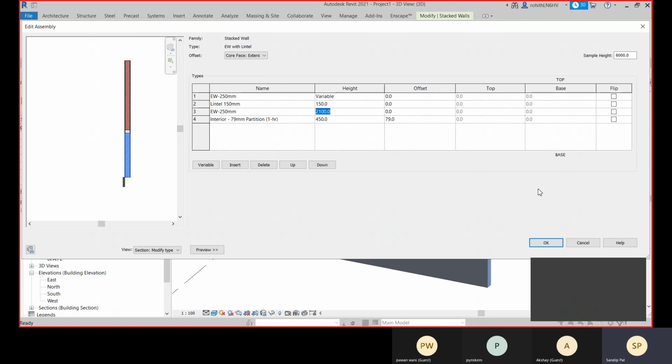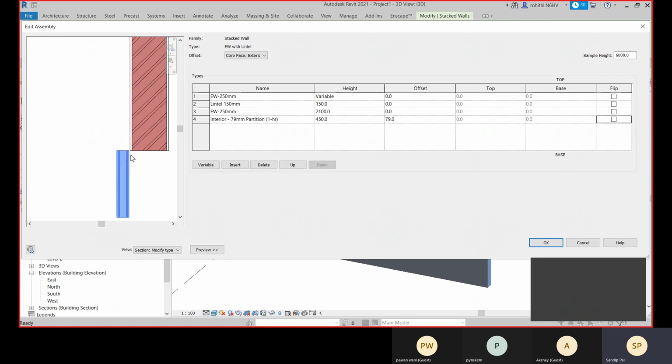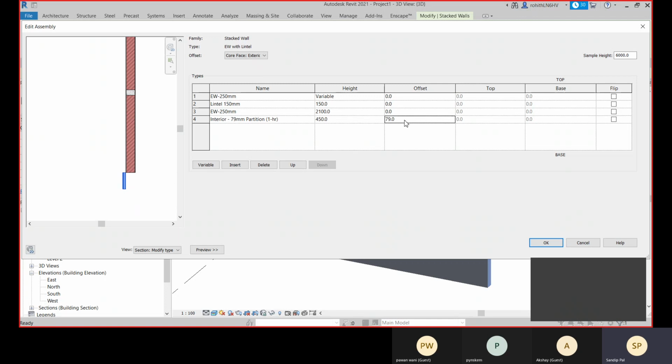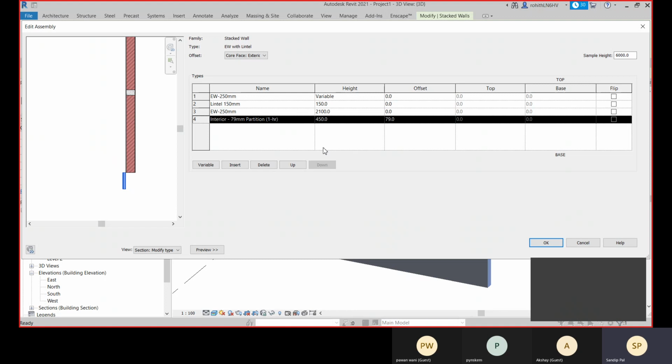Okay, now that is properly placed, I think. So I need to place it at this side. So that is what I need to change, sorry, not in the stacked wall.